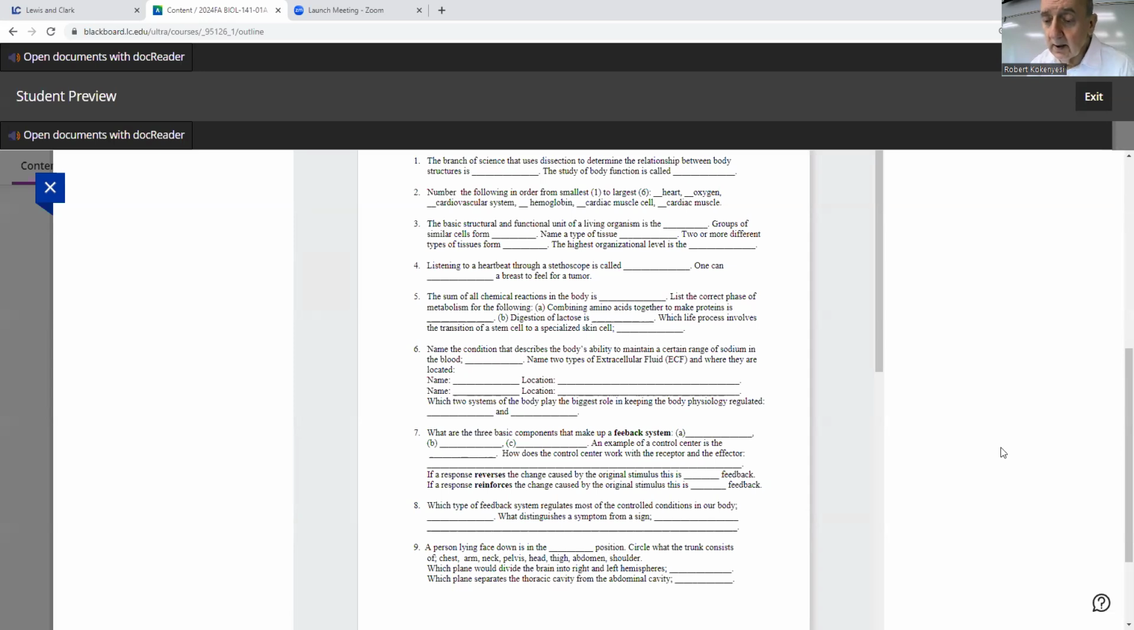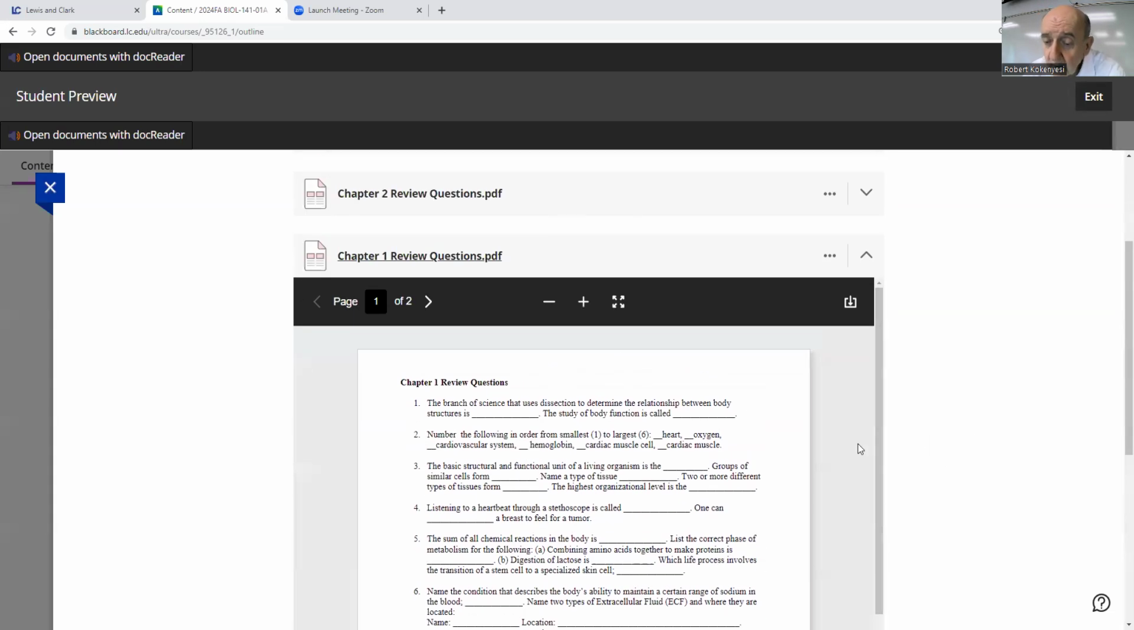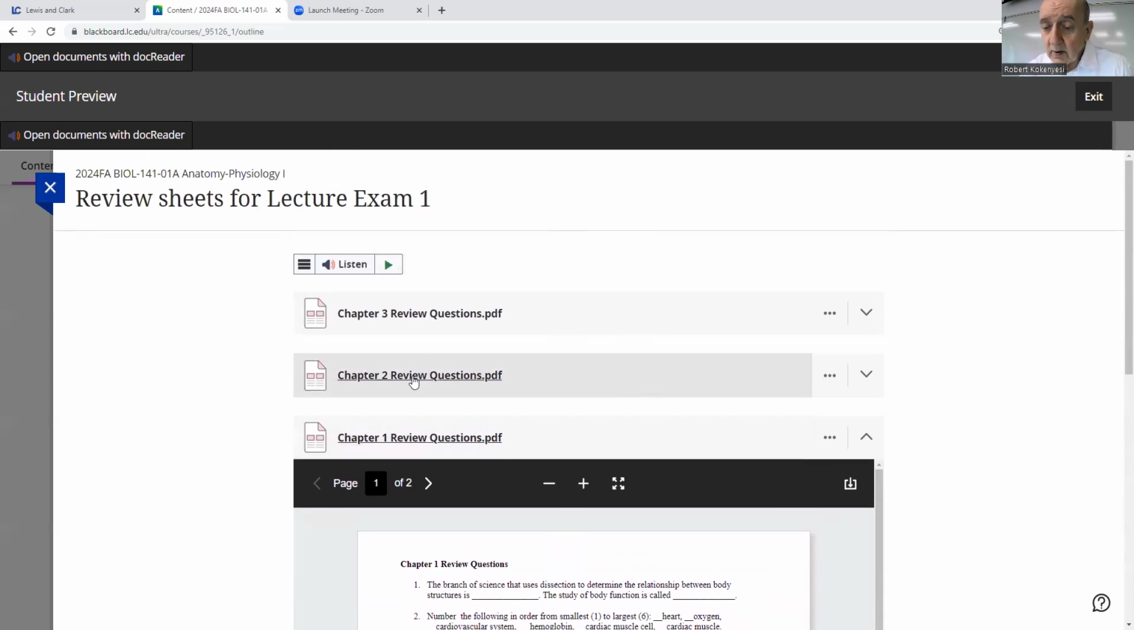The most important thing to hear here is that this goes for completion. I'm not going to grade this. You won't see a single red line when I return this to you. It goes for completion. So that's the most important aspect. Don't leave any of these blank lines unfilled, unanswered. So this is for chapter 1. And again, this review sheet together with chapter 2 and chapter 3 review sheets will be due at the time